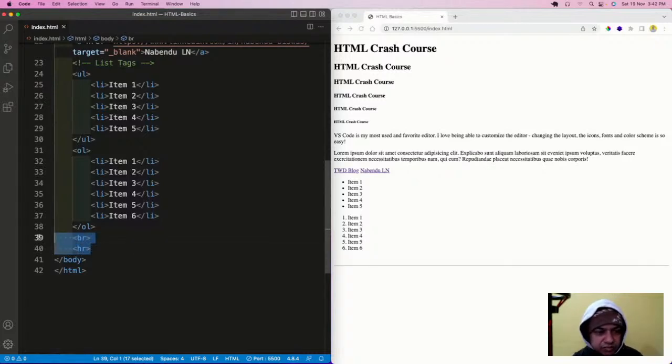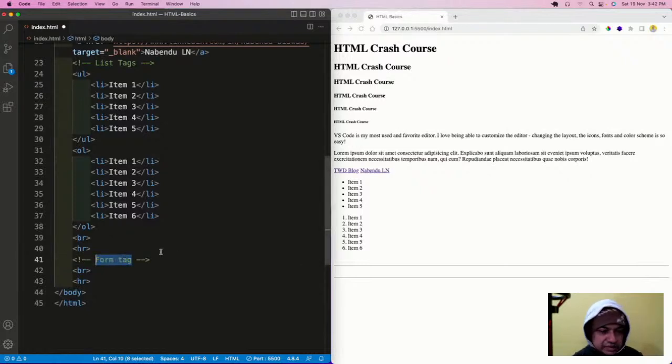So I will make this form tag between this, because we have come a bit down, so I'll have another. And then inside this I will have a form tag. I'll select it all and comment it like this. The form tag is also a group of tags. So it will come as form like this. Inside the form we will have a lot of tags.